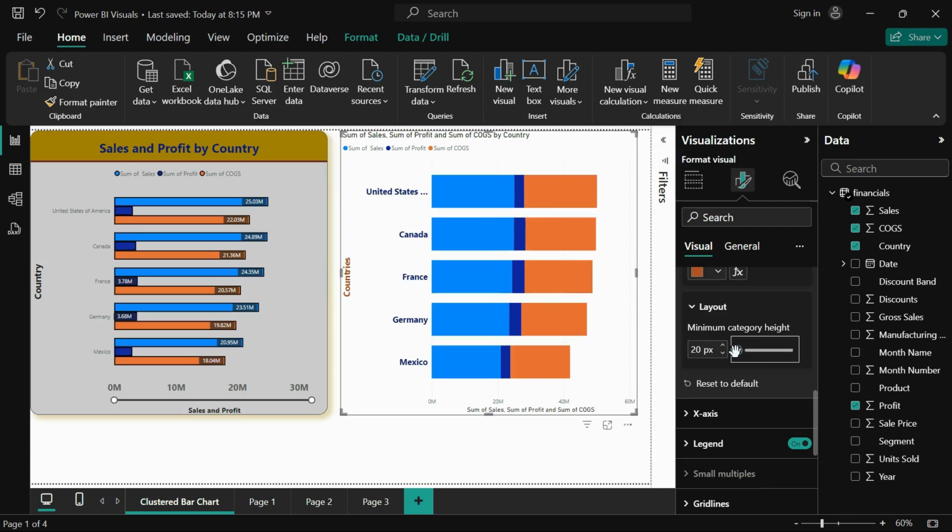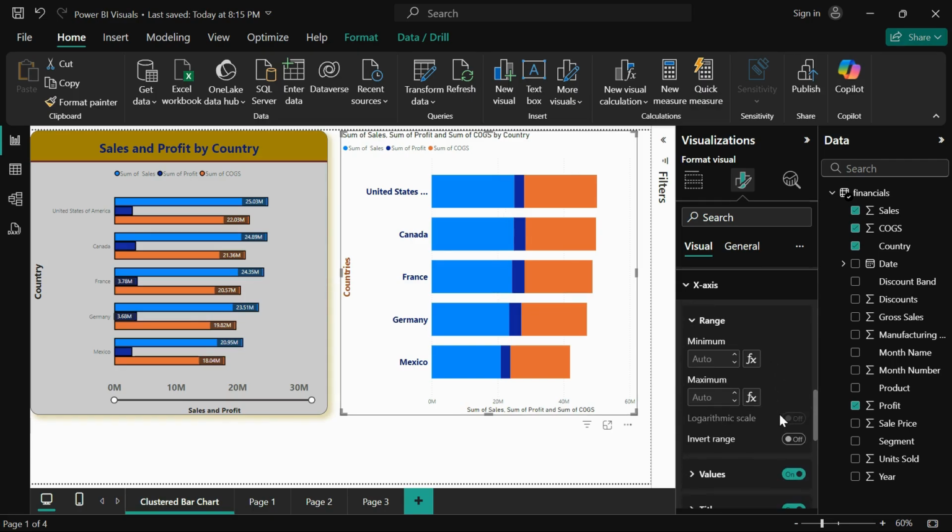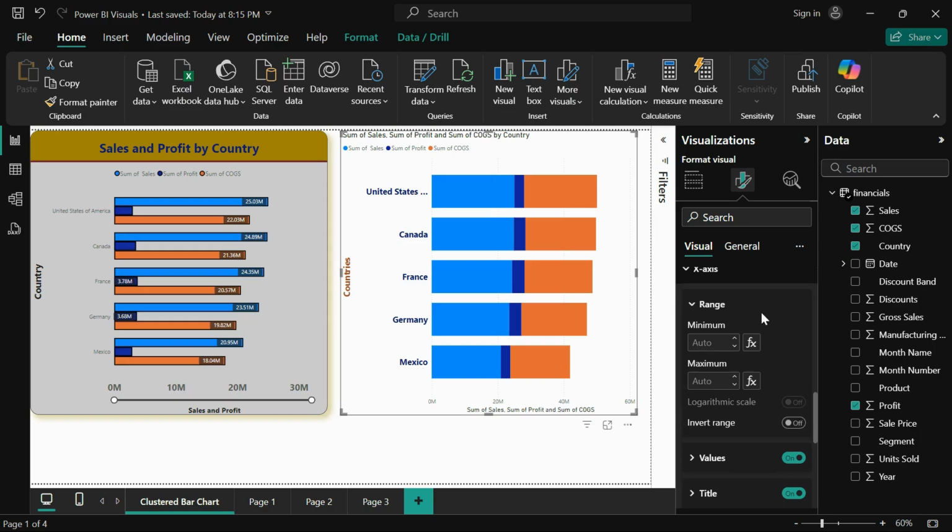And we can decrease it as well. The best practice is to keep the width, the height of these bars, and the space between these bars at half of the size of the bars, right? So we can decrease it to make the space under the x-axis half of the size here. The same formatting will be there,